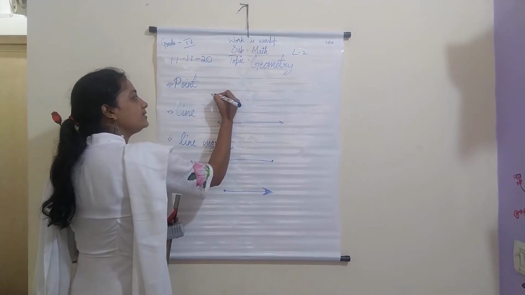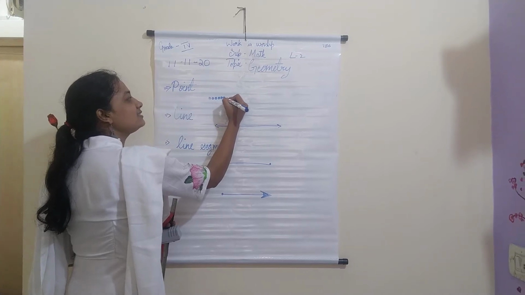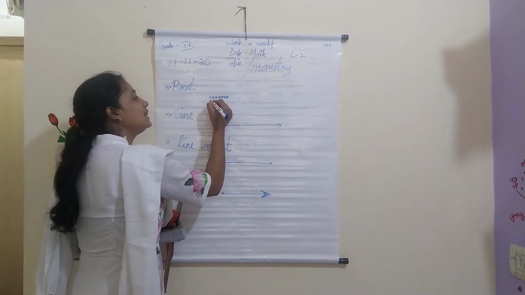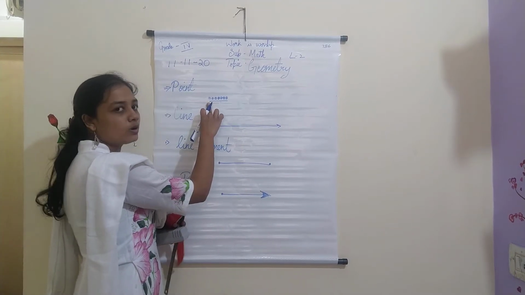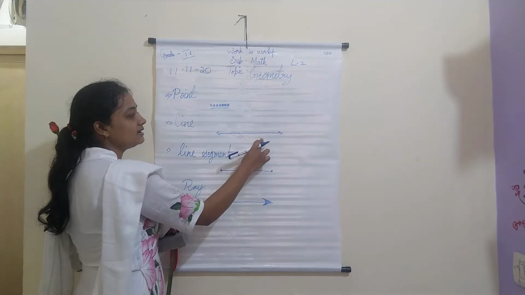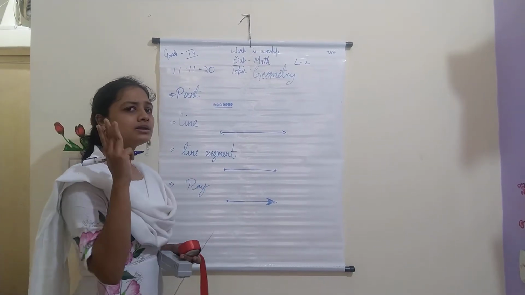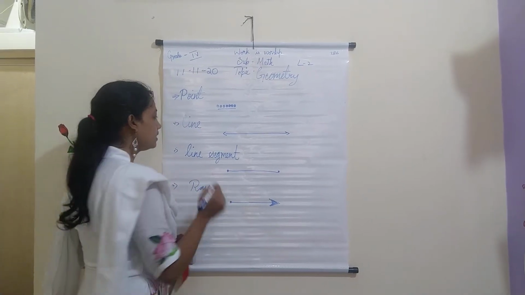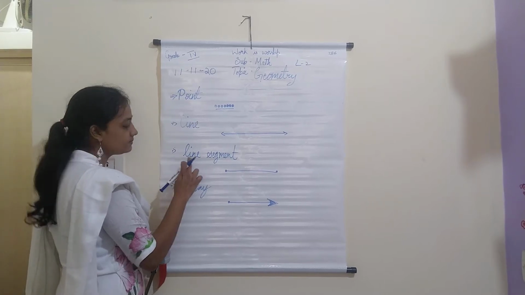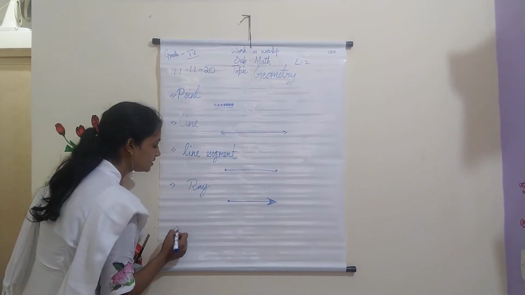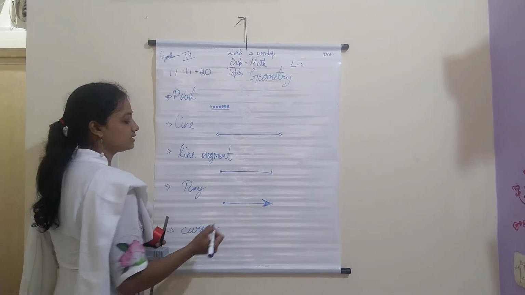When the points come closer, closer like this, we get a line. That is the next step here. When many points or dots are joined together, we get a line. And in lines, you have mainly 4 types. One is line, line segment, ray. The next one is curve. So we'll learn about the curve later.